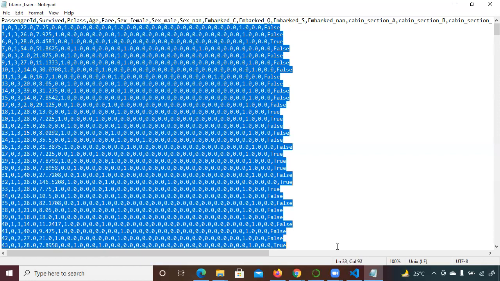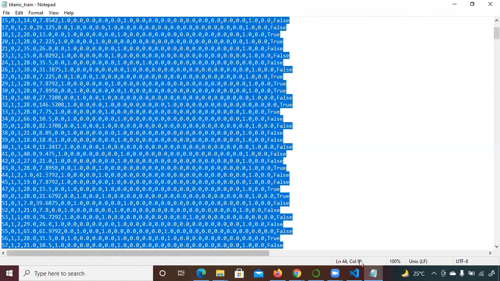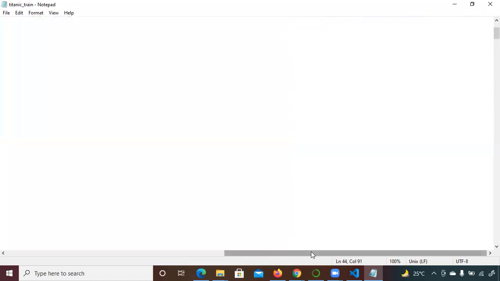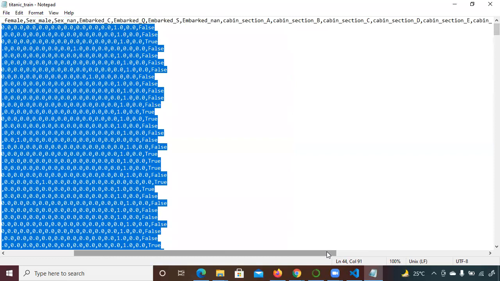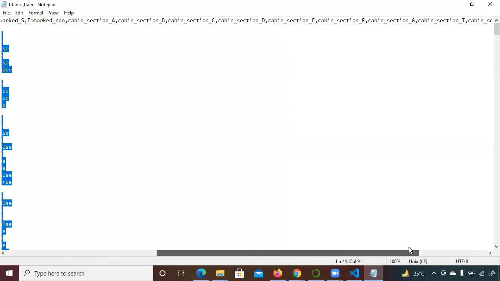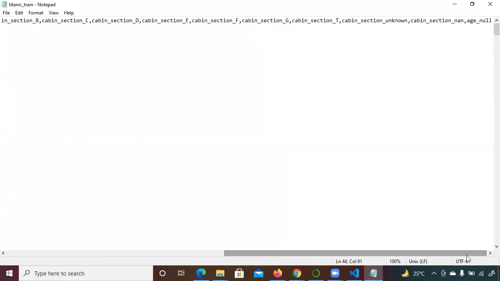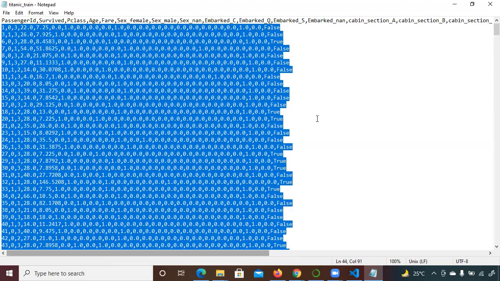It might not be clear to you, this value, because it is in a CSV format, but when I share it with you, just open it in Excel so that you can understand easily. Okay, and the last column we have, just 1 minute. The last column we have is age null. So is anyone having age null?